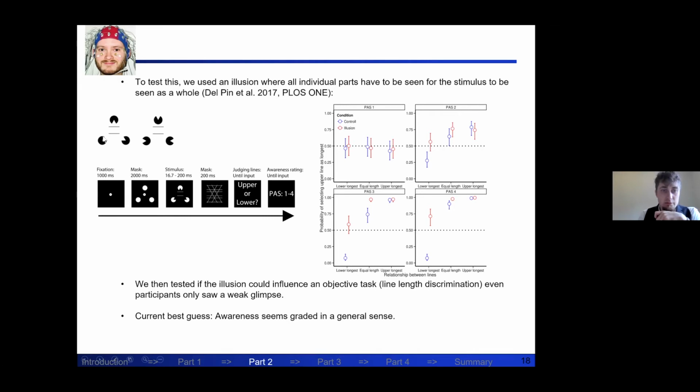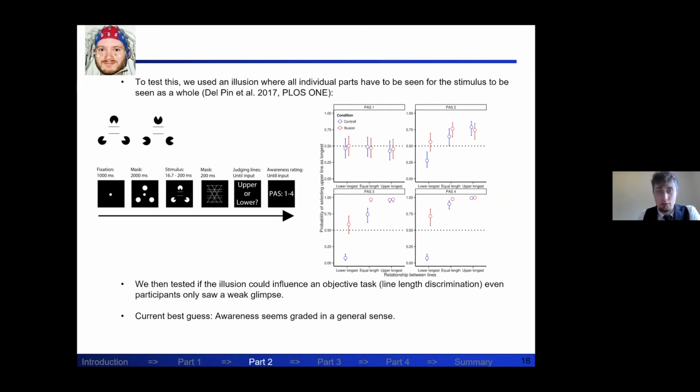And he figured that a Kanizsa triangle was such a figure, because in order to perceive a part of the triangle, the illusory triangle has to be there as a whole. And then he wanted also an objective measure of the influence of this triangle on perception. So he combined it with the Ponzo illusion. So the illusory triangle that you hopefully see here should make this top line appear longer than the bottom line, whereas over here in the control stimulus with no triangle, they should appear to be of equal length.